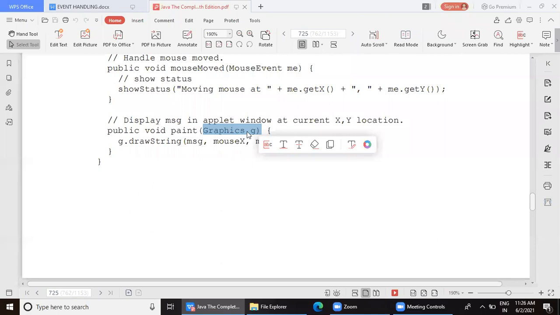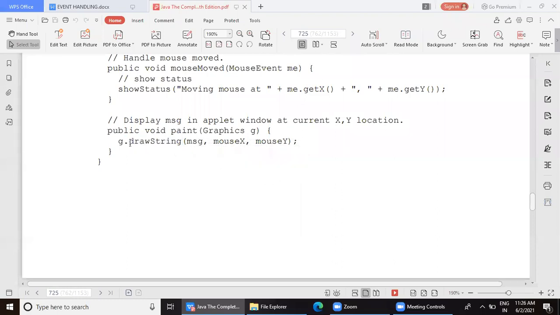Now there are various methods defined in the Graphics class. They were part of the last semester syllabus, like drawRect, fillRect, drawOval, and setColor. Many other methods this Graphics class has. But right now we are not doing any drawing here. We are just going to type. So for displaying anything on the screen, we make use of a method called drawString, which has 3 parameters. First is the message to be displayed. Second is the X coordinate. Third is the Y coordinate.